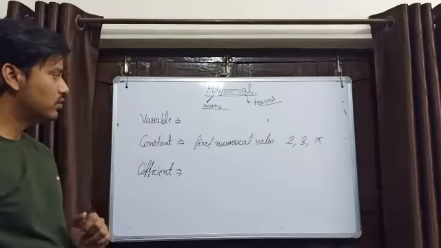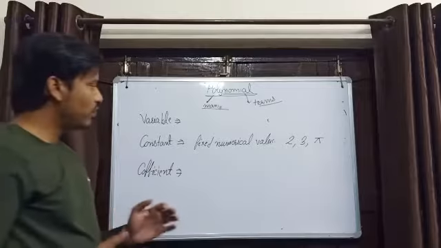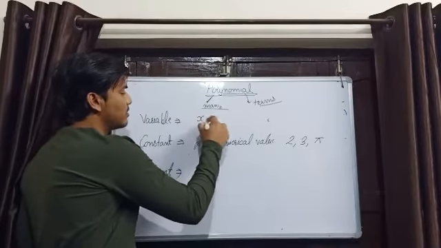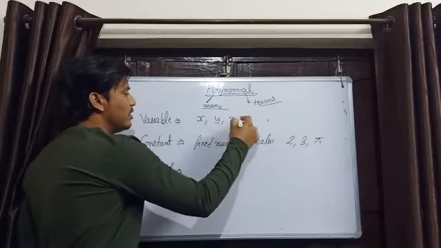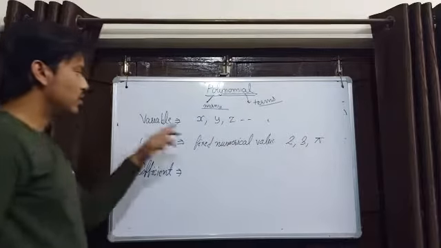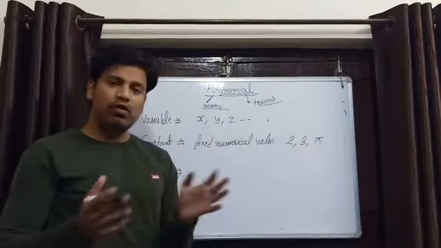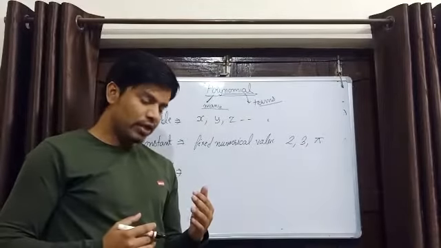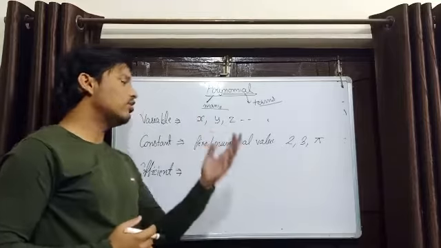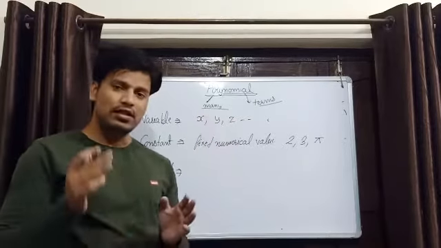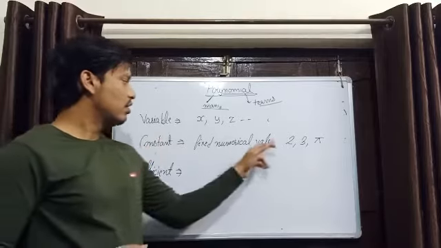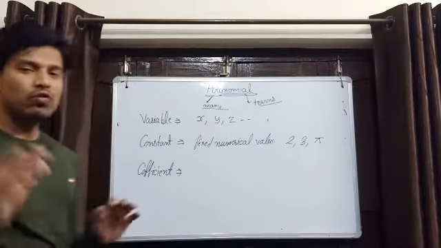What is variable? A symbol having different numerical values, just like x, y, and z, etc. Because when we solve one question, we get x is equal to 3. Then we solve the next question, we get x equal to 5. Then the value of x is changed. So it is called a variable. These are constants. What is coefficient?